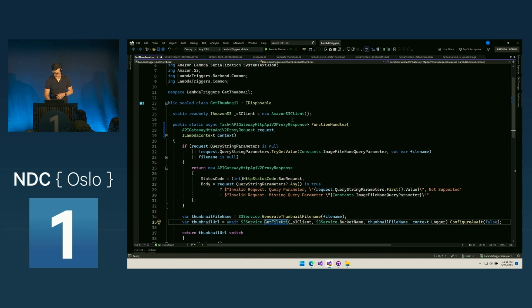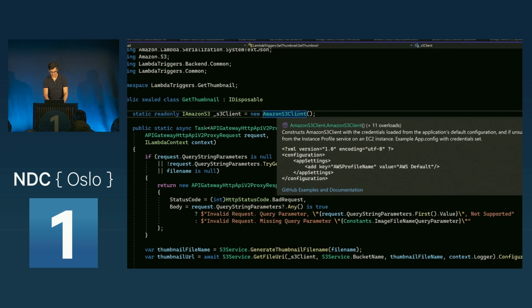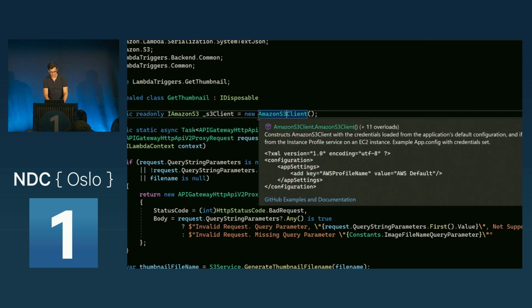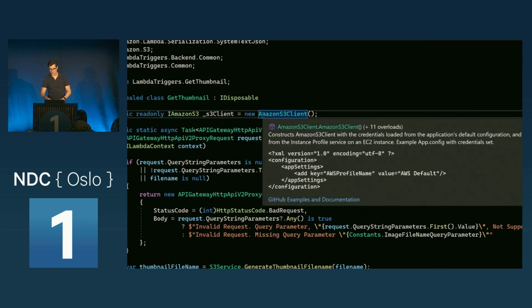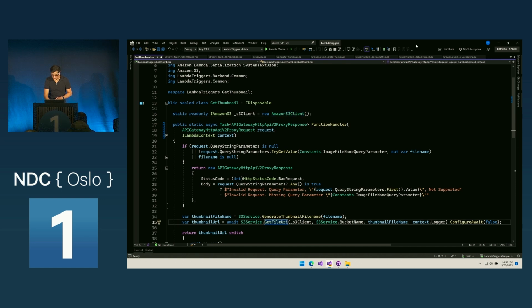Back up. There we go. So when we just initialize Amazon S3 client in our code, because this code is already running in the cloud, this object initializes with everything we need. You can see here, it says it a little bit in the IntelliSense, but it includes our credentials. It knows what profile we're using, EC2 instances, and so that way we don't have to worry about re-authenticating. We don't have to worry about how we talk between Lambdas and S3. That's all basically done for us. So if we go back to that S3 service,